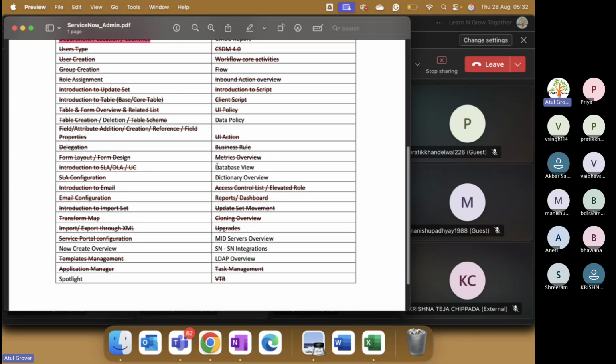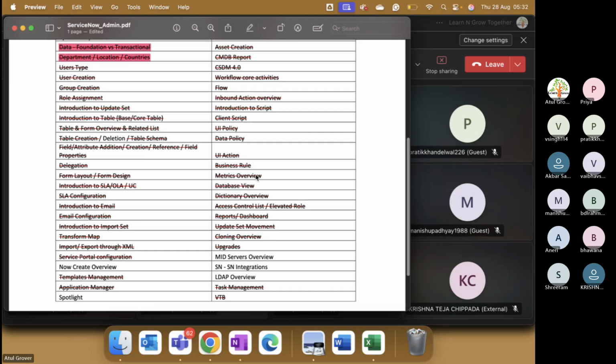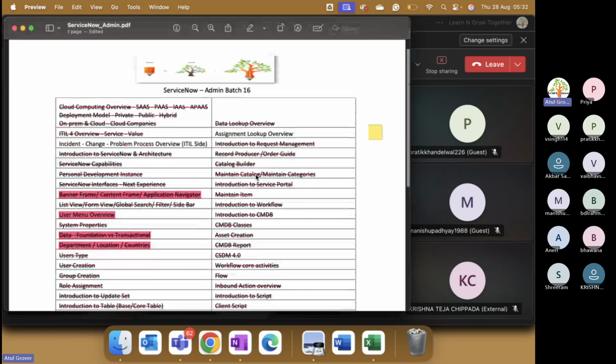So we have done these two things. We have done the data policy. Okay. And now let's come back to assignment. There are two things. I'm not sure, did we cover the assignment lookup? Anybody remember? No. So